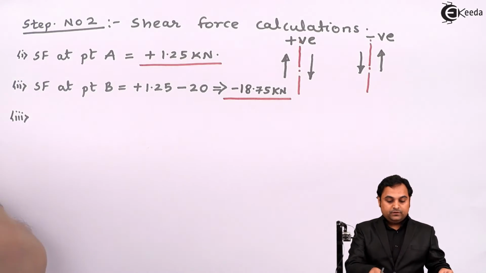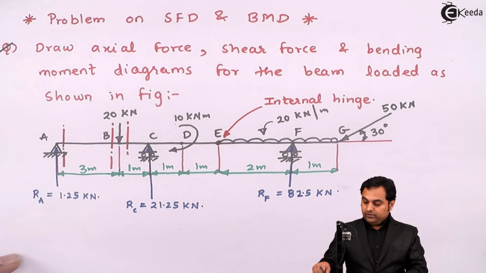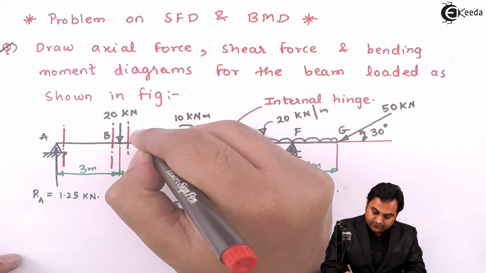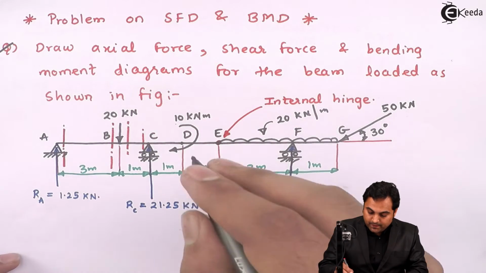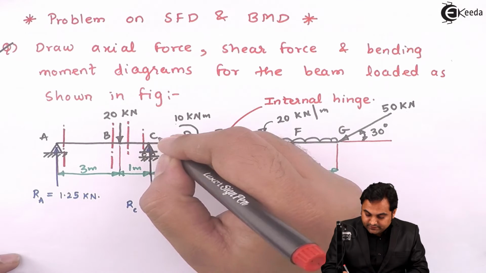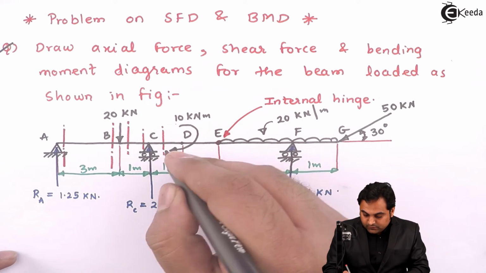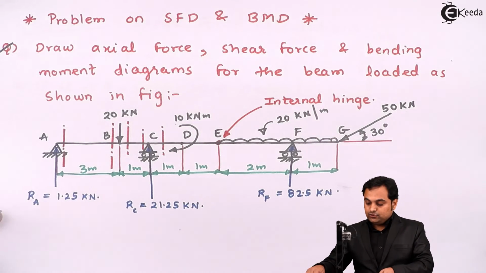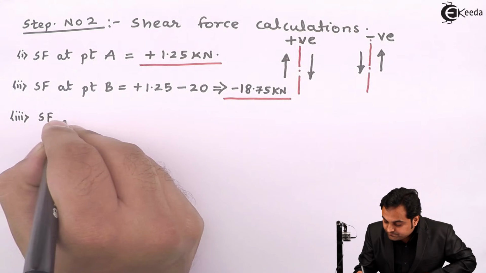Then this value of shear force will be constant up to the left of C, that is, taking the section to the left, this shear force will be constant. But when I take the section to the right of C, then the shear force value will change because of RC. So we have SF at point C